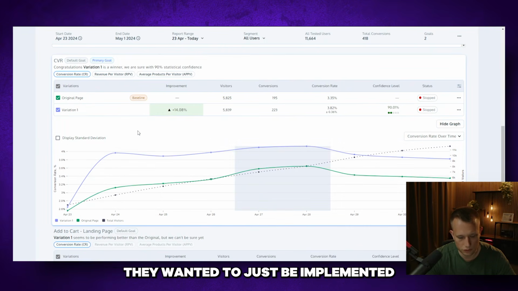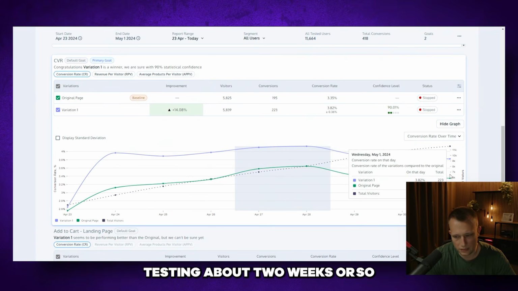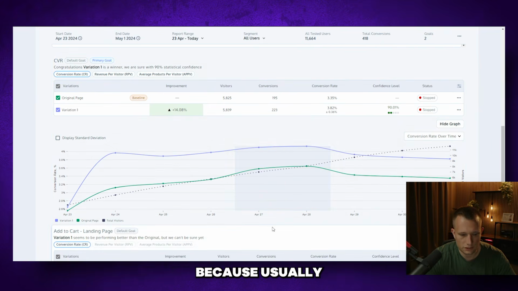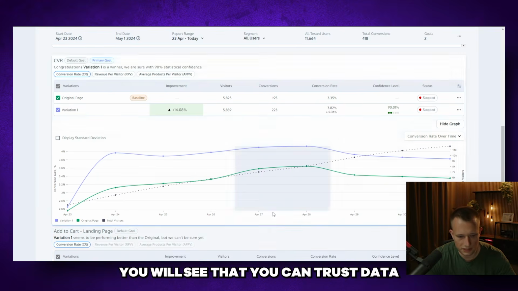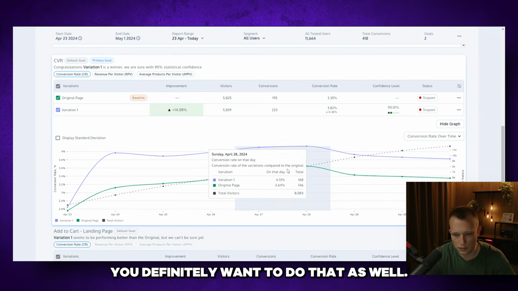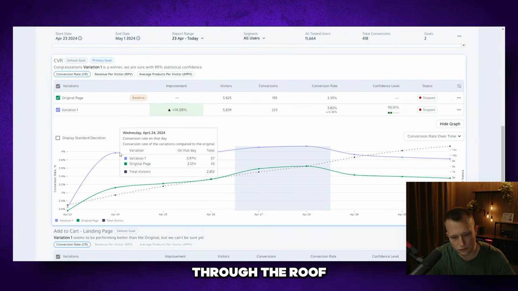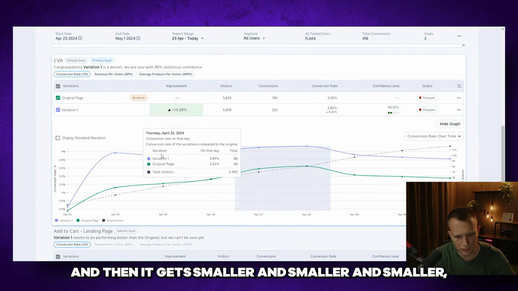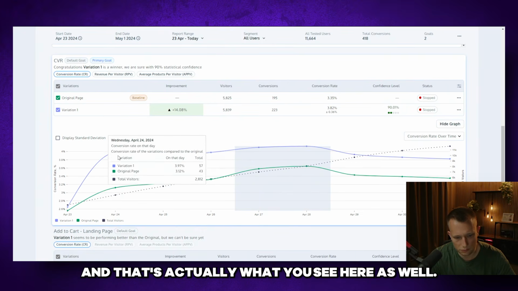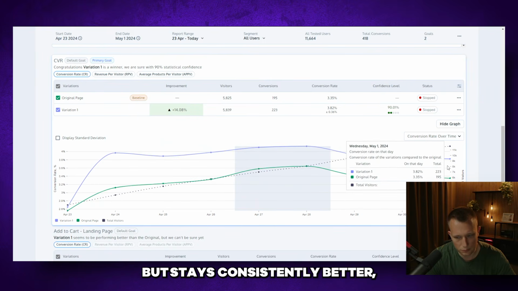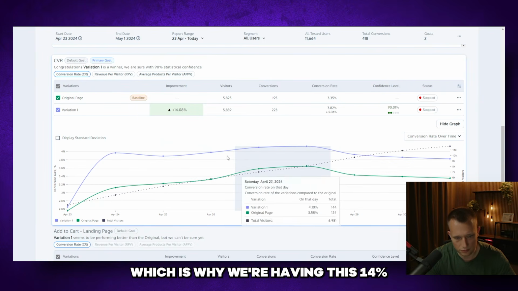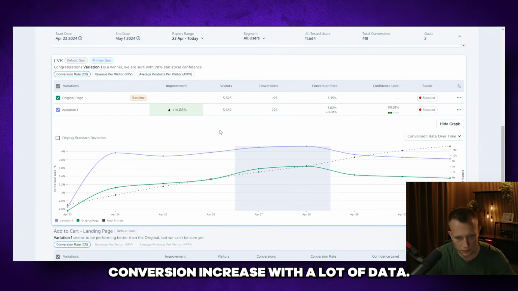They wanted to just have it implemented, but I always recommend testing about 2 weeks or so, because usually you will see that you can trust the data if you run 2 business cycles. Definitely want to do that as well. Usually what you'll see in an A/B test is that the conversion rate flies through the roof the first day, and then it gets smaller and smaller and smaller. And that's actually what you see here as well. It gets a little bit smaller, but stays consistently better, which is why we're having this 14% conversion increase